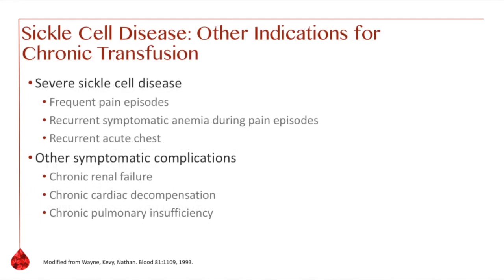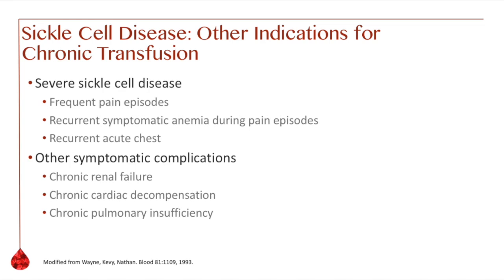Patients with severe sickle cell disease may require chronic transfusions. Those who have recurrent pain episodes that are not improved with hydroxyurea therapy are often given trials of chronic transfusion to improve quality of life. Chronic transfusion may be considered for patients who have frequent pain episodes that are accompanied by drops in hemoglobin to